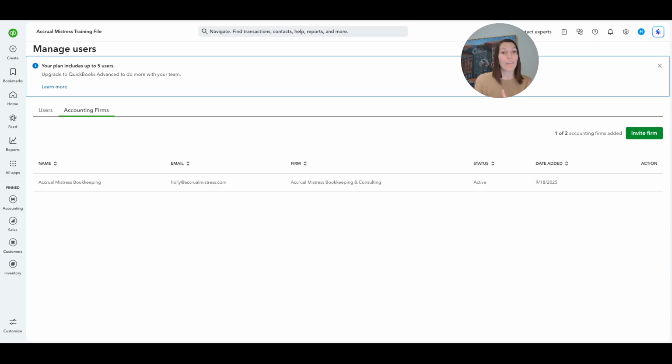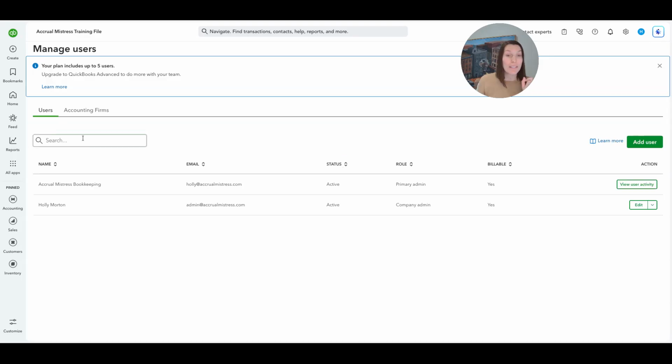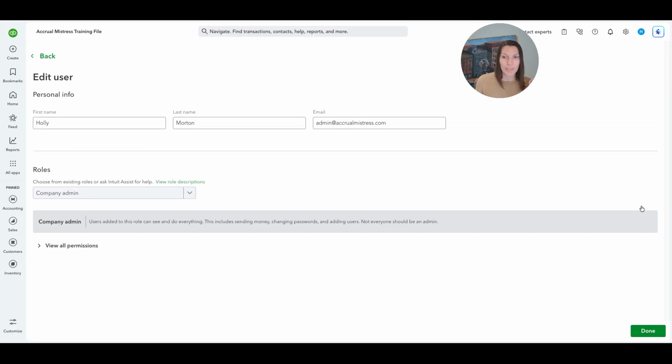So you have the option to invite up to 2 accounting firms. Oftentimes you might use one of these roles for your CPA and one for your bookkeeper. Otherwise, you might have a CPA and maybe an auditor, depending on your business type. So again, watching these, maintaining these, ensuring that only people that you want to have access to your file have access to your file is really, really important. Let's say you came in here and determined that somebody had access to your file that you no longer wanted to have access. You could select edit, excuse me,